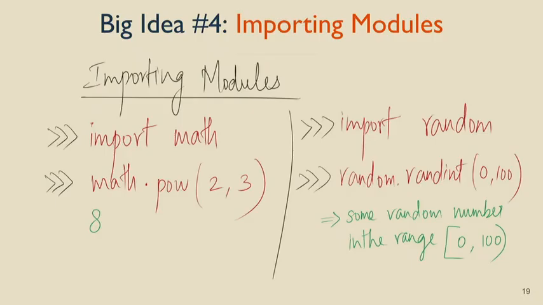Shifting gears just a little bit. We're now going to be doing something called importing modules. Okay? Importing modules. What does that mean? A module is basically 1,000 or 1,000,000 lines of code that someone else wrote. And we're going to say, we want to import that into our system. I'm going to say, I want that here in my file right now. And I want to use that, whatever it may be.